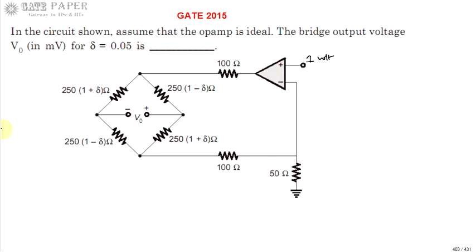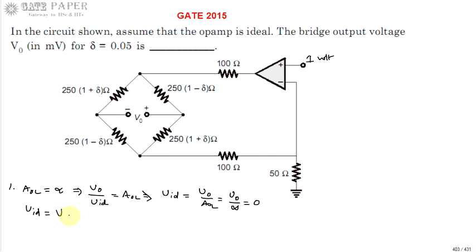Okay. Ideal characteristics of an op amp: the first most important ideal characteristic is that the open loop voltage gain of an op amp is infinite. Generally, op amp open loop gain is defined as output divided by input differential voltage. So this is AOL. From this we can write VID is equal to V0 divided by AOL. So V0 divided by infinite, something divided by infinite is 0. So VID is equal to 0.